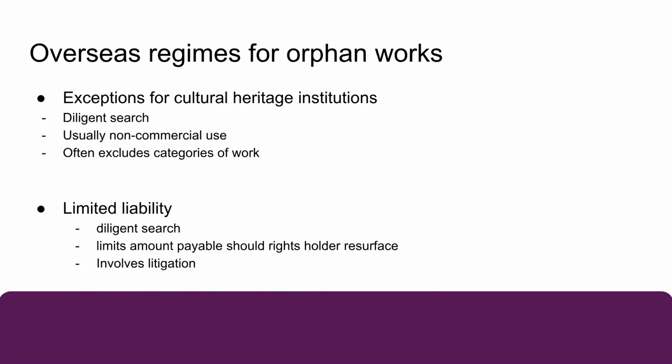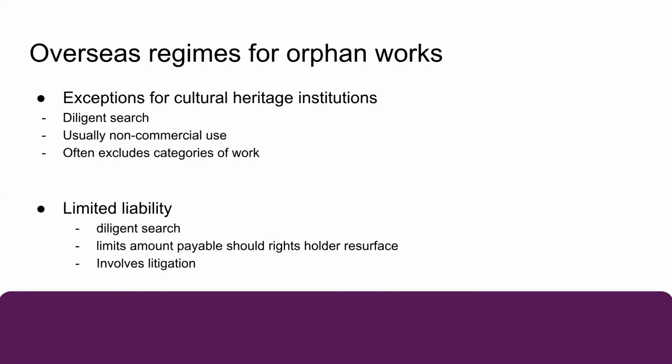The UK passed regulations in 2014, which provided an exception for publicly accessible libraries, educational establishments and museums, as well as archives, film or audio heritage institutions and public service broadcasting institutions, to make certain non-commercial uses of orphan works in order to achieve the aims related to their public interest mission. So they did tie it very much to that public interest mission.